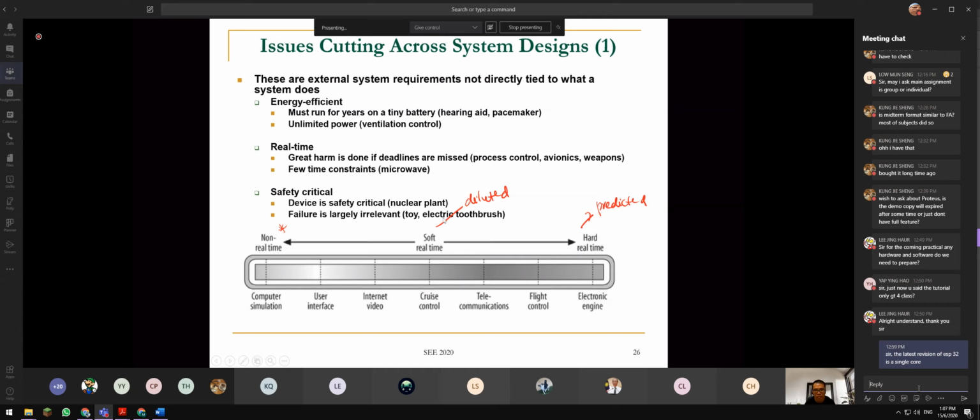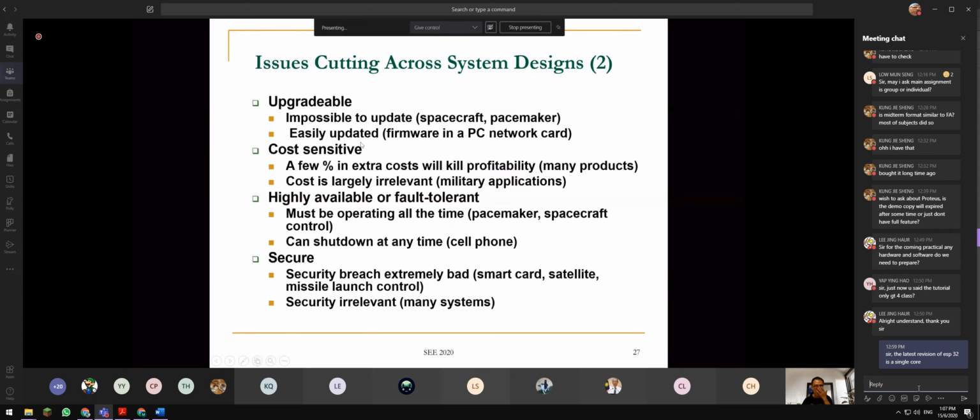Like for example, a toy, an electric toothbrush. Do you still remember when you were in kindergarten, your father bought you an electronic car? Is it still working nowadays? I'm not sure, likely not. If it's electronic, I'm sure that if you keep the battery inside, it will definitely be gone. So if you're able to retrieve your old electronic toy, let me know, PM me.